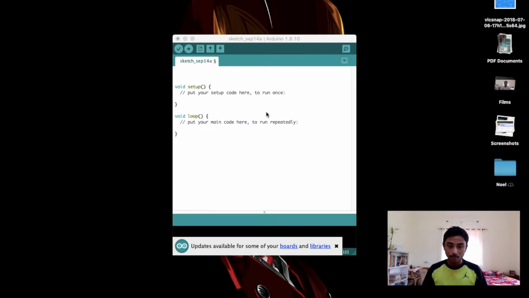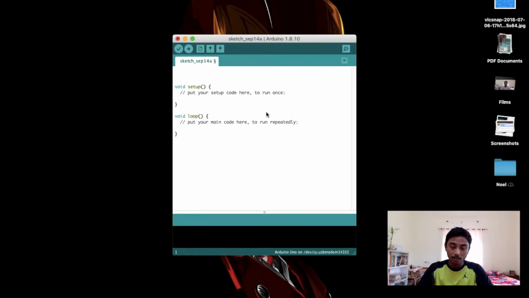So let's consider this example. For this blinking LED project, what are the things we used? The only thing we used is an LED. Of course we used resistors and wires also, but the component that the Arduino board needs to control is an LED. So that is what we are going to write in here. We are going to tell the Arduino board what we have connected to it and where we have connected it. So now, how to write it?